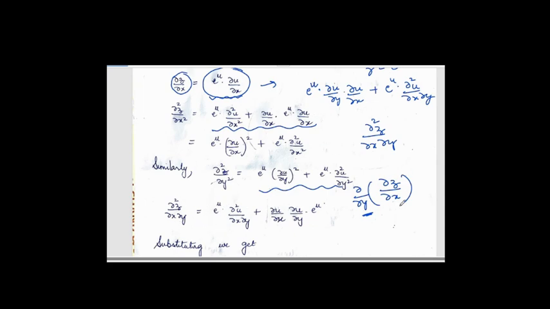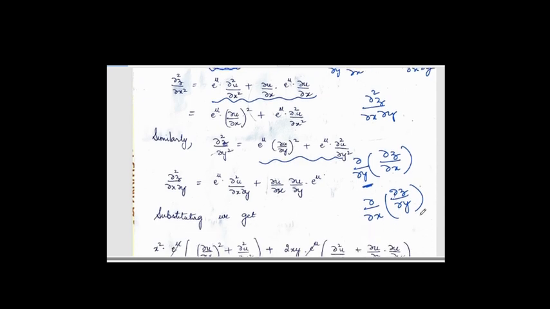You can do it any way. Either you differentiate del z by del x partially with respect to y, or you differentiate del z by del y with respect to x. You are going to get the same result, because in most situations cross derivatives are equal, and the problems on Euler's theorem are generally such that the functions given to you have equality of mixed derivatives. So you can follow any order for obtaining your mixed partial derivatives.